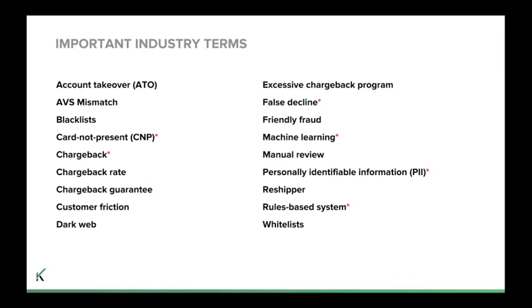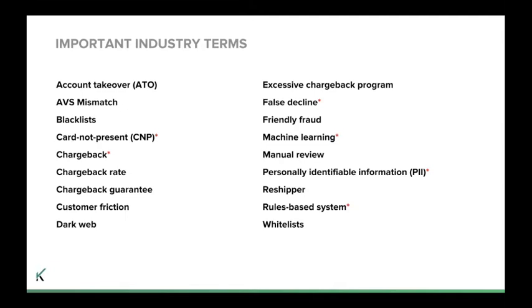And then we have, on the opposite side of a chargeback in the landscape of fraud, false declines. And a false decline is when a retailer mistakenly rejects an order from a legitimate customer due to suspected fraud. So false declines may occur for various reasons. Most of the time, it's a result of fraud filters such as AVS or data mismatches, or really simply that the retailer has insufficient data to confidently approve the transaction. So in handling chargebacks and false declines, merchants have a couple of options which we'll go into.